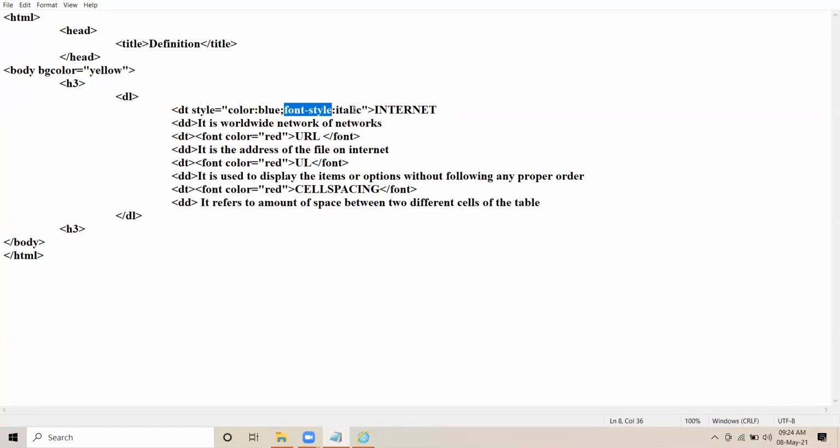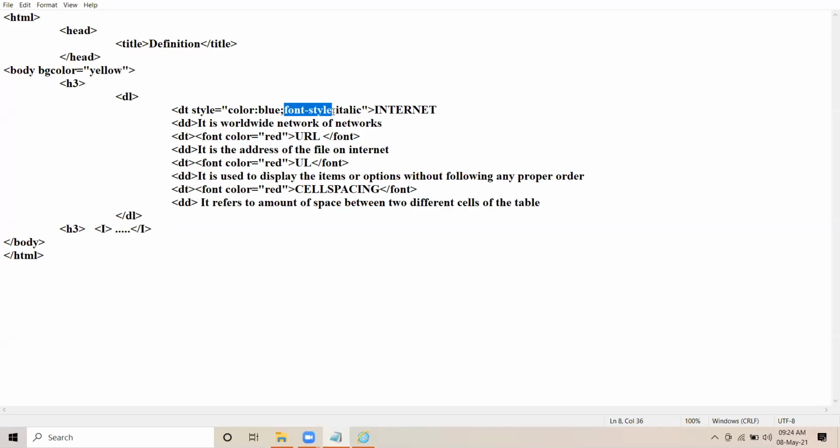If you were doing this in HTML, how would you make it italic? You would have used I tag, I opening and I closing. This is in the case of HTML. But if you want to display your text in italic using CSS property, the property is font hyphen style colon italic. In CSS, maximum properties are hyphenated words.